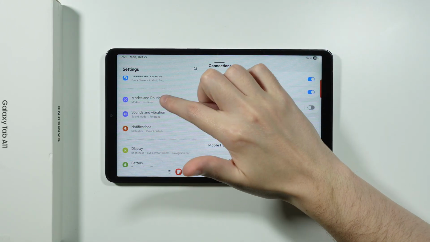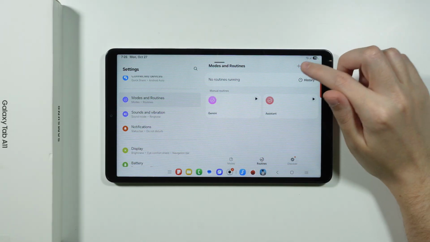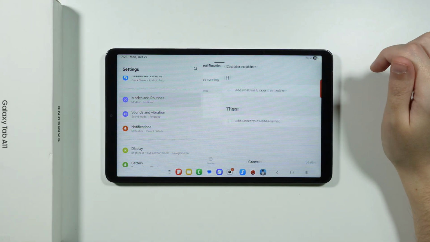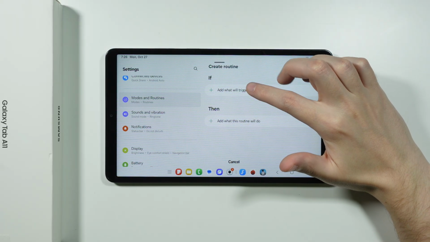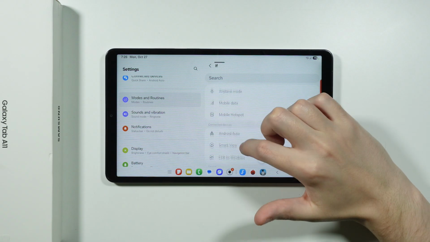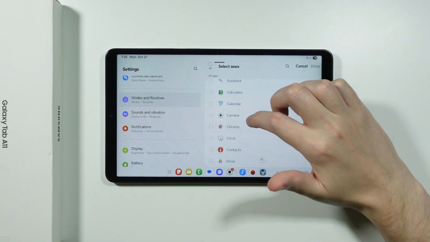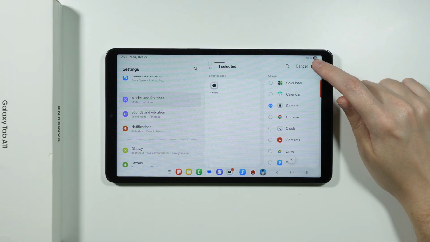On the left side, we're gonna go to modes and routines, switch to routines over here, and now you should be able to tap on this plus button in the upper right corner. Over here, where we have the if option or text, we can tap over here and we are looking for the app opened option. There we go. We have app opened. Now over here, we need to choose camera and tap on the done in the upper